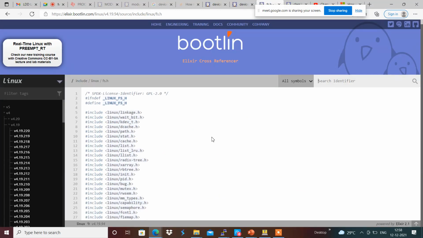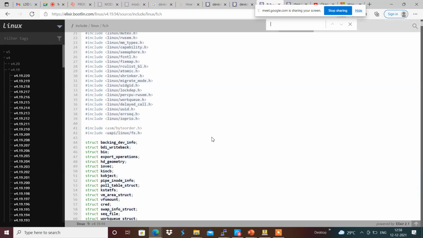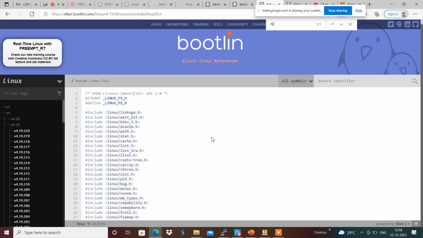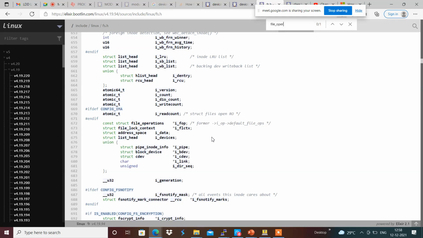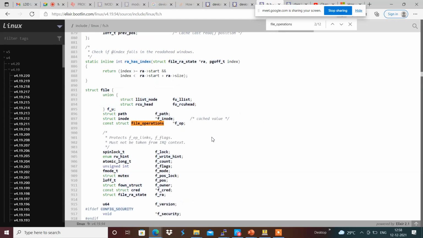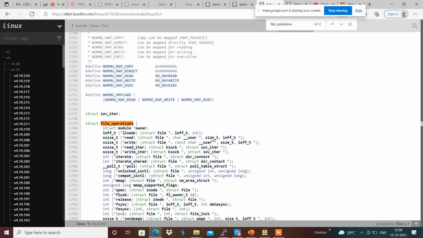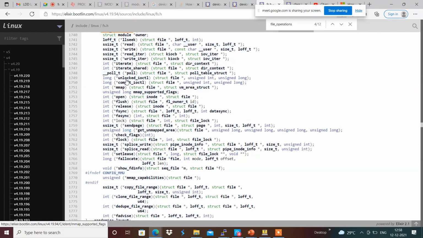Here we have the structure called poll underscore t star poll, and we have the file and poll table structure that we will be having in the definitions. I am going to add the same in our driver, character driver.c.